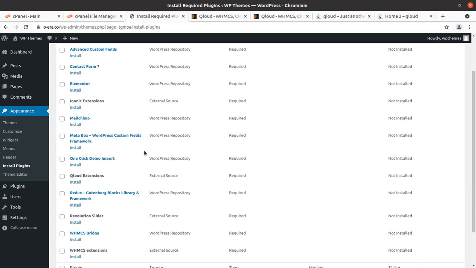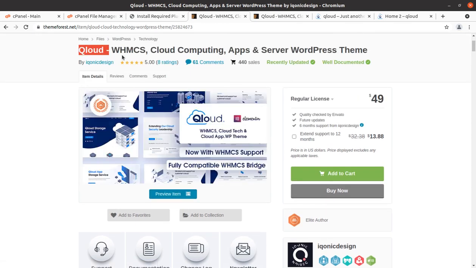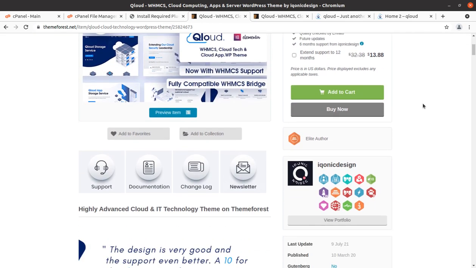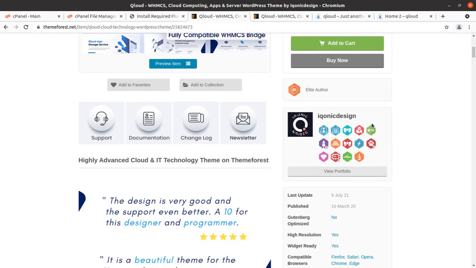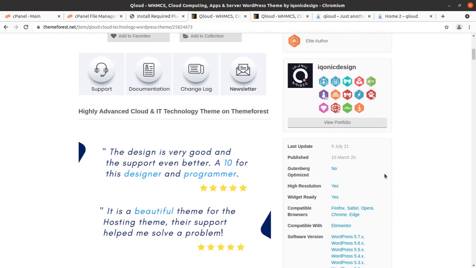Okay, so before moving ahead, I must tell you something more about the QLoad WordPress theme. The QLoad WHMCS Cloud Computing Apps and Server WordPress theme was originally developed by Iconic Design. Iconic Design are the main developers, the original developers of this theme, and they are an elite author. The theme came into existence in 2020, and regular updates for this theme are also being done. So